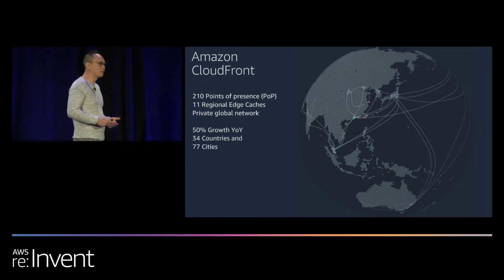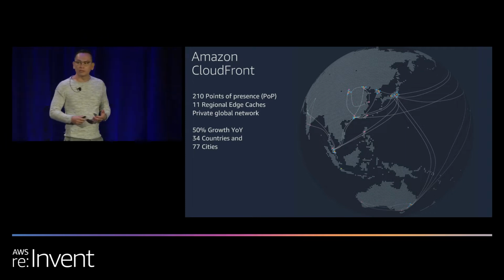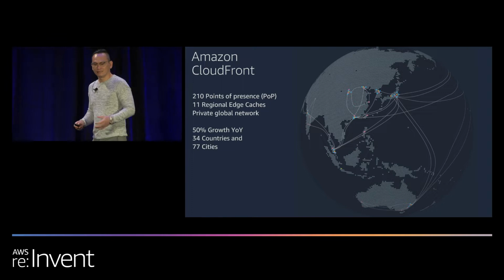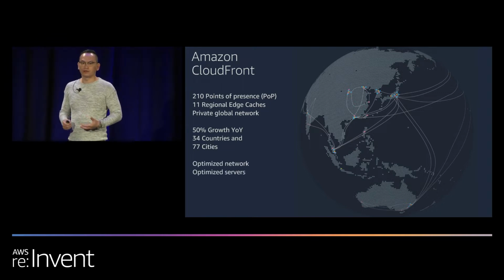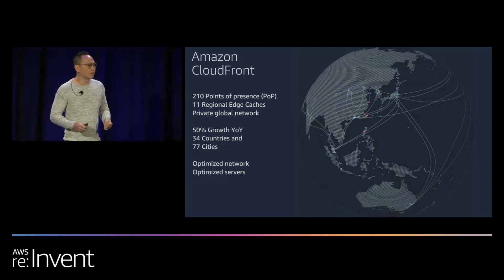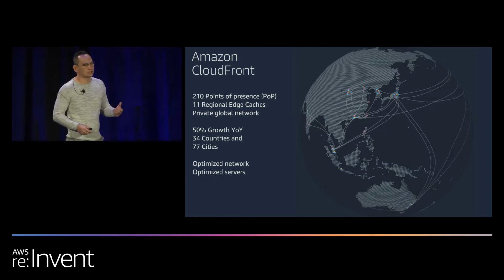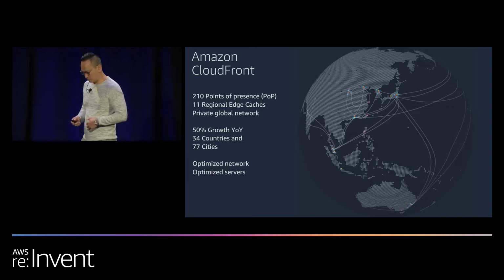And we're growing at a very aggressive rate, 50% year over year. This is a trajectory we're hoping to continue into upcoming years. So next year when we come back, this slide will look drastically different. And because we're deploying our own infrastructure and managing our own network, we have the opportunities to do optimizations both at network and server layers. We're deploying our own hardware, and we'll talk more about that later on.